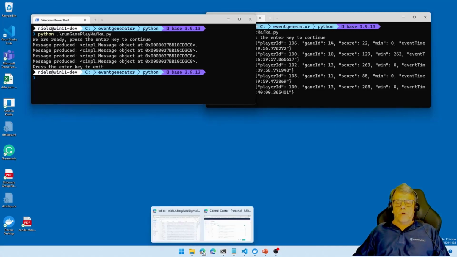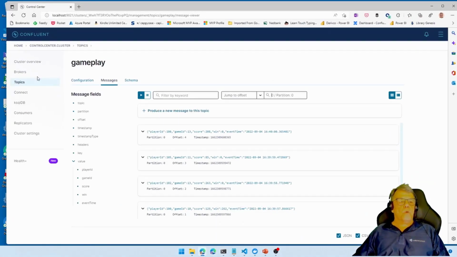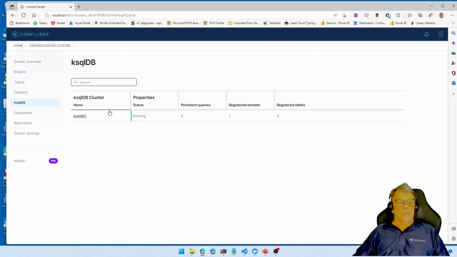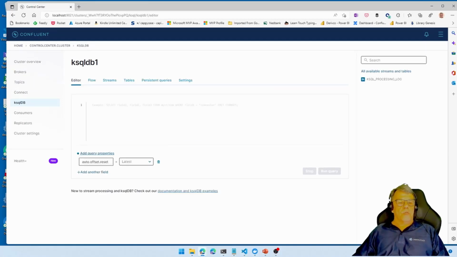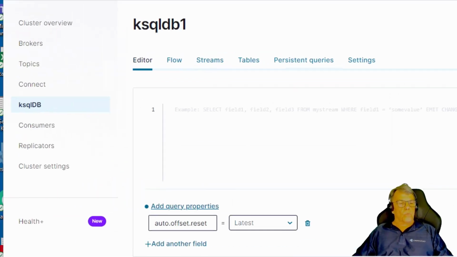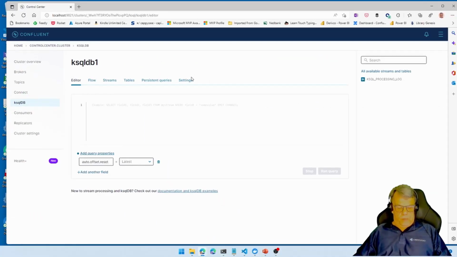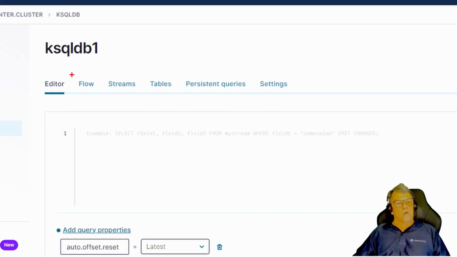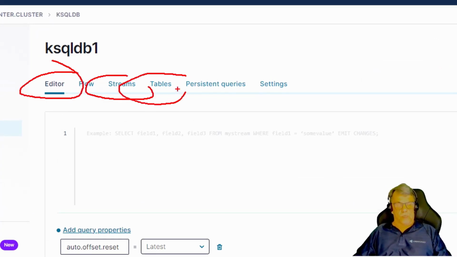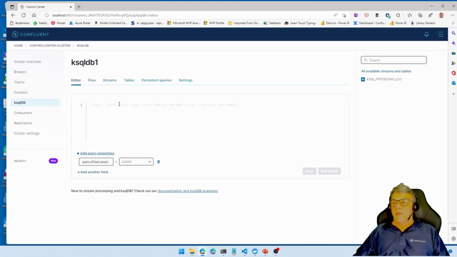When we look at the web UI, we have the ability to go into ksqlDB here, and we come into an editor, right? And we can see how we have streams and how we have tables, etc. And we can definitely write our queries here.